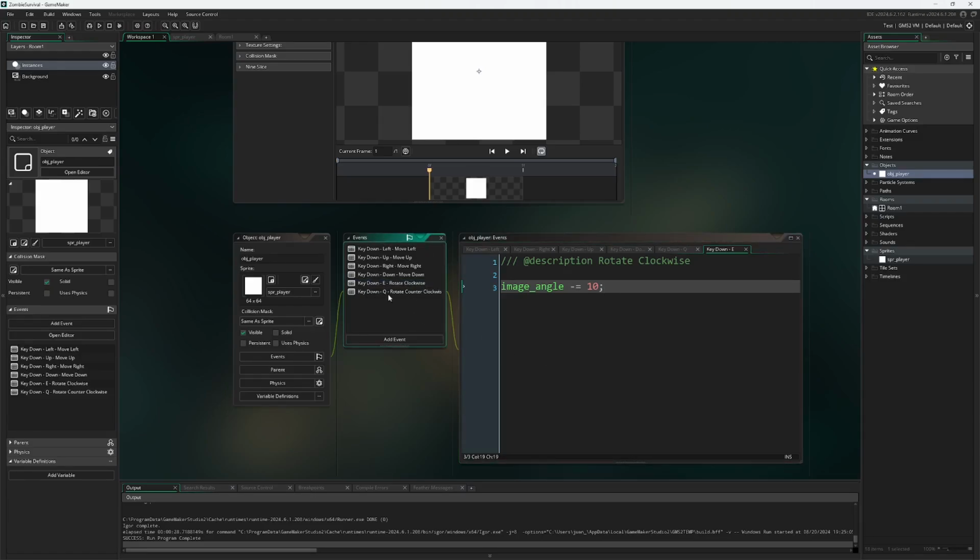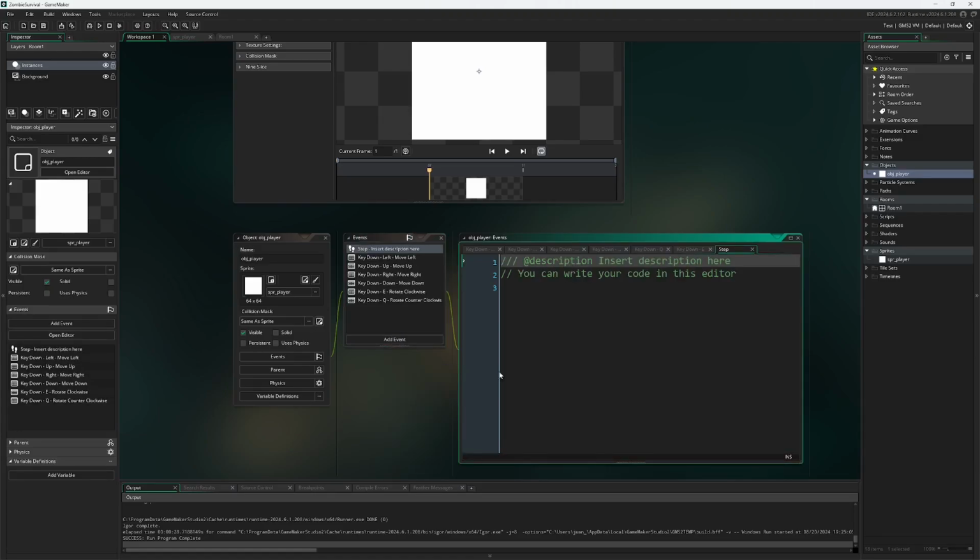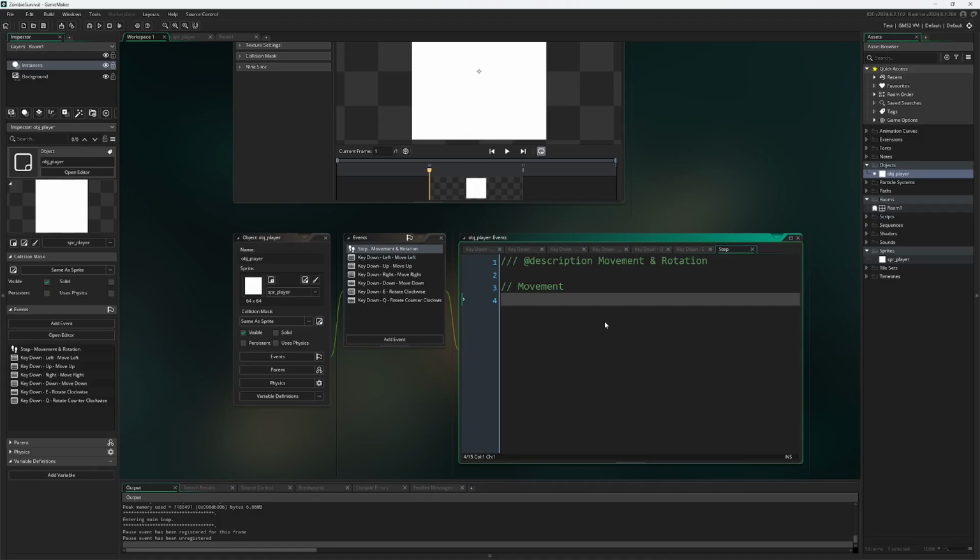A way that you can condense all of these events down would be using the step event. Let's go ahead and jump in here. So in this step event, I'm going to have movement and rotation. Let's go ahead and do movement. In this case, I'll do if keyboard_check, which just sees if something is being held down, and I want to use WASD for my movement now. Unfortunately, to do any of the letters on the keyboard in this format, you have to use ord, and if I select W, we first look at the W key, after being converted into a number, to see if it is being held down. If this is the case,